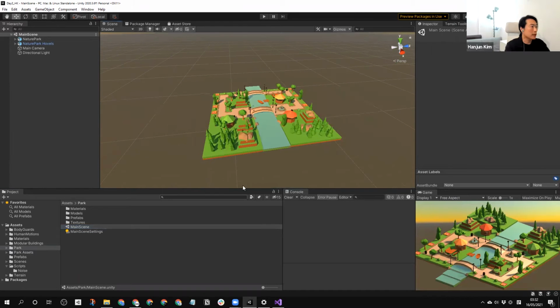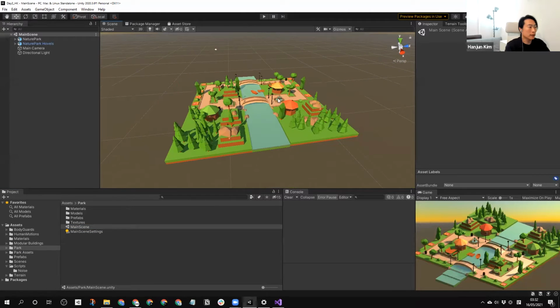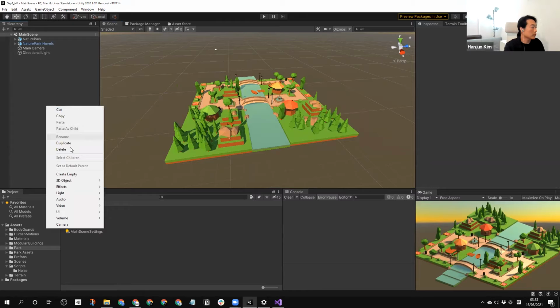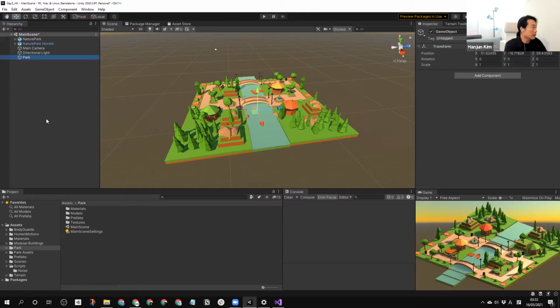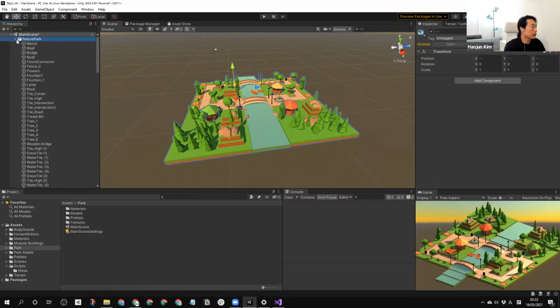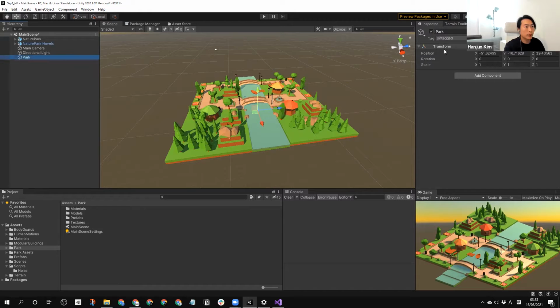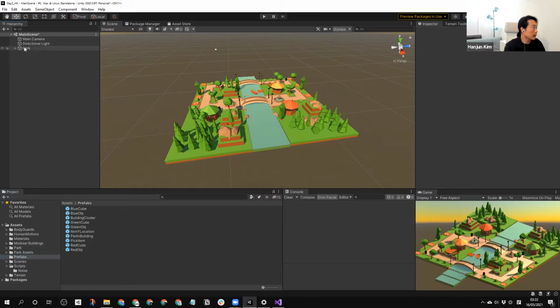Well, the thing is, this scene is already made of a little bit different assets, I mean, a different render pipeline. So I just want to select, oh wait, I'm just going to create an empty again, Park. Park, reset. Then I want to make this Park a prefab. Okay, this is fine. Then let's go back to our